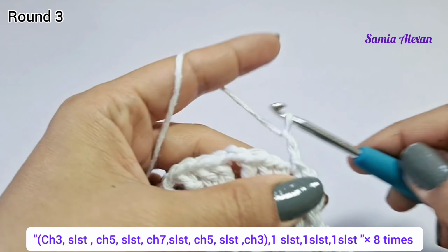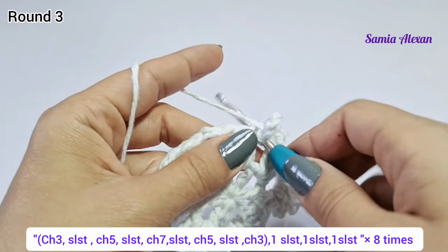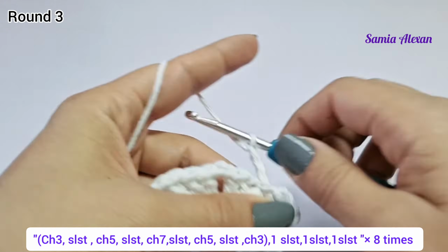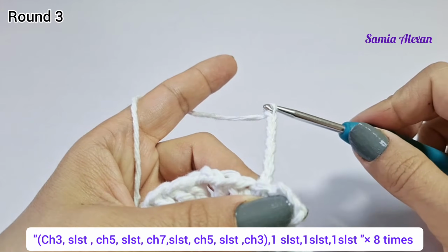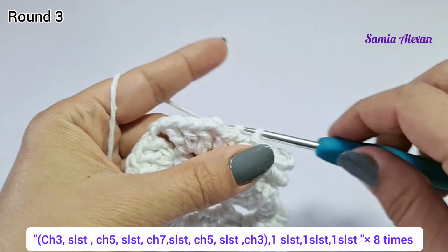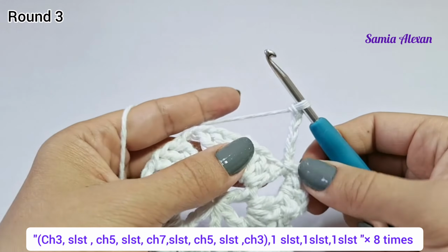Chain 5, slip stitch into the same space, chain 7, slip stitch into the same space, chain 5, slip stitch into the same space,